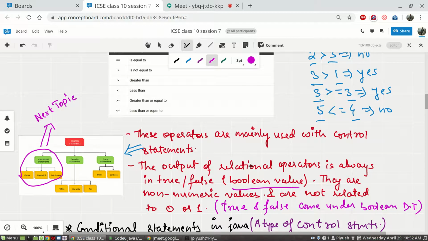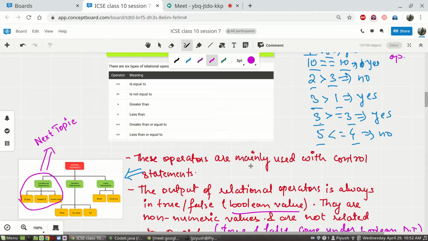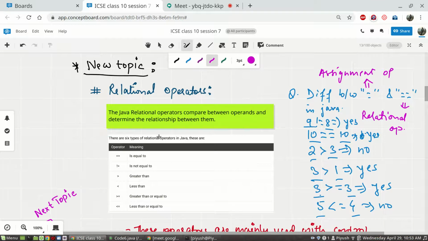So what we can see is relational operators are used for establishment or determination of comparative relationship between two operands which that operator is separating. Okay, so 2 and 3 there are two different operands, 3 and 1 there are two different operands.